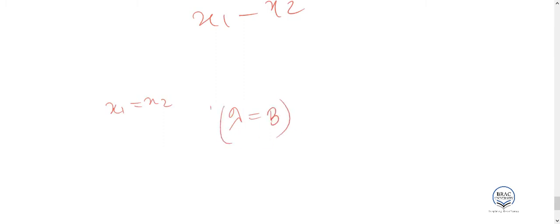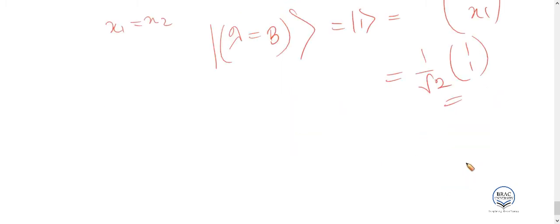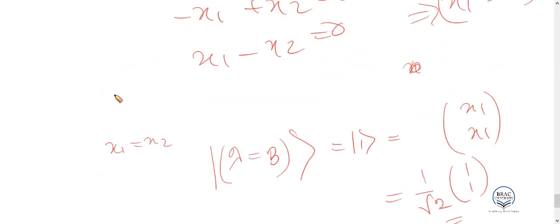Lambda equals 3. Let's call this vector |1⟩, and we have x1. Since x1 is equal to x2, we can write it as x1, and then you can just normalize it. If you normalize it, this will be just 1 over square root of 2 times (1, 1). This is one of the eigenvectors, and another eigenvalue was